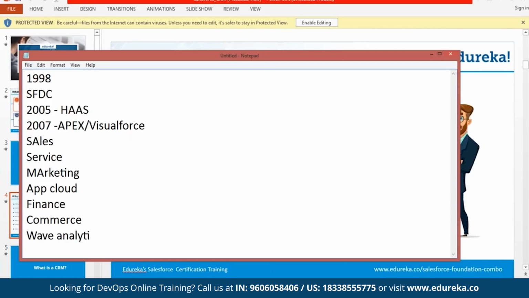One new thing is coming up. It's already in the beta version. We call it Einstein. Lightning Experience was already launched in the last 2 years. It's working well. Einstein is a kind of analytical tool, just like big data, Hadoop. You can do all the analysis on your Salesforce data with the help of the Einstein tool. And many more things are to come. In the last annual meeting, which we call Dreamforce, you can just search it on YouTube, he announced that by 2020 there will be 2 million jobs all over the world for Salesforce.